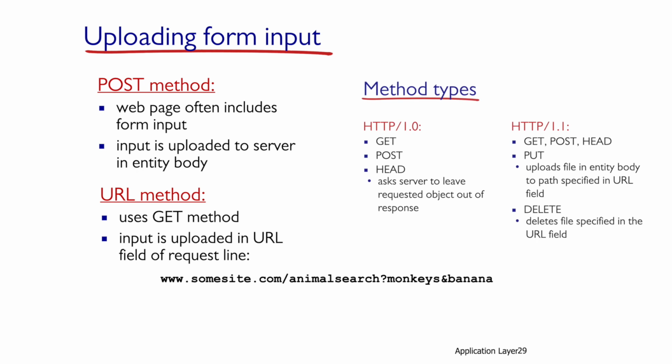There are two methods to request an object from the server in which parameters are transferred: the POST method, where parameters are transmitted at the end of a message, that is, in the last part of the request, and the GET method, where the parameters are transmitted as part of the URL itself, where they are chained and alternately separated with an ampersand, which is an AND character between them.